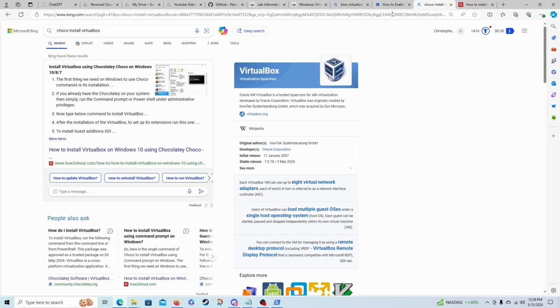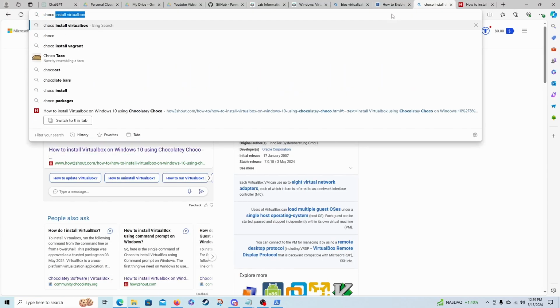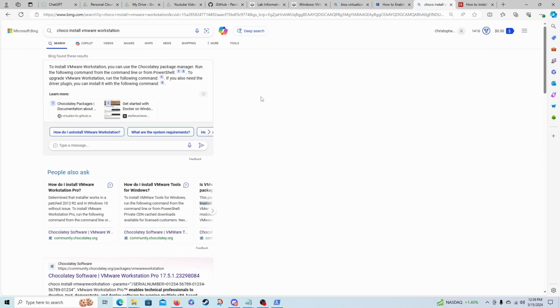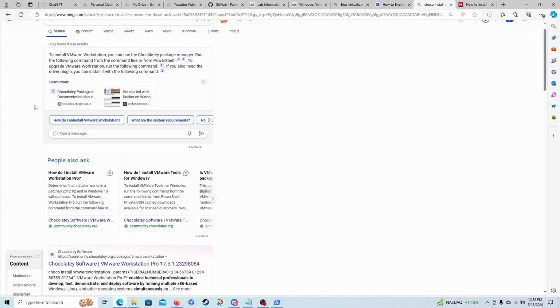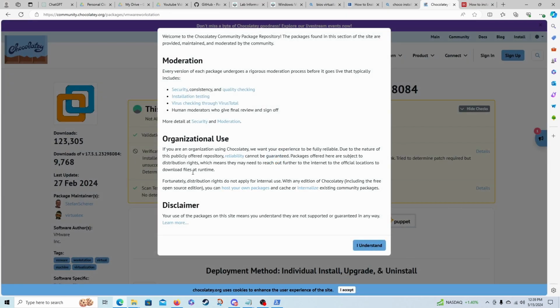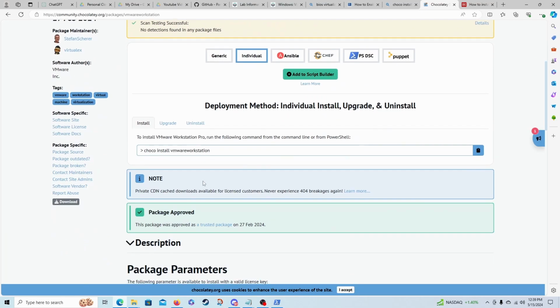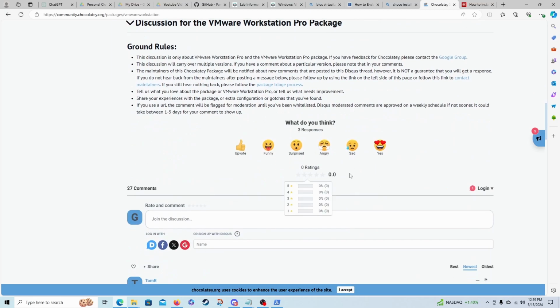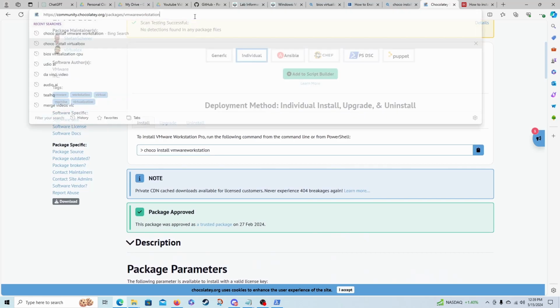So we'll do choco install vmware-workstation. It looks a little bit more complicated here, as you can see. So alternatively,